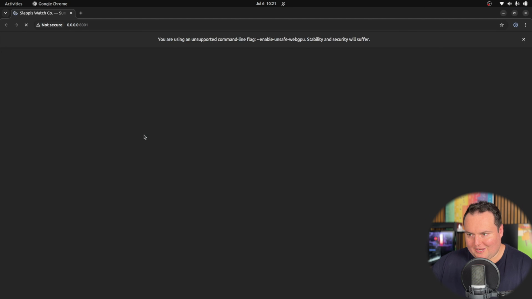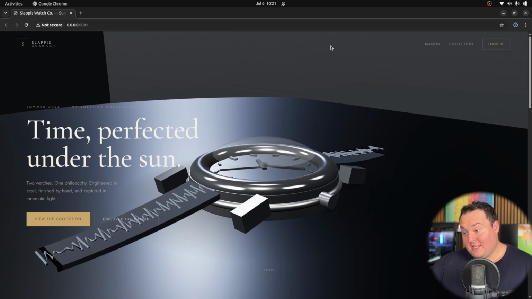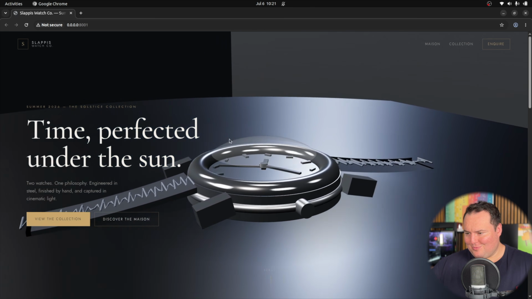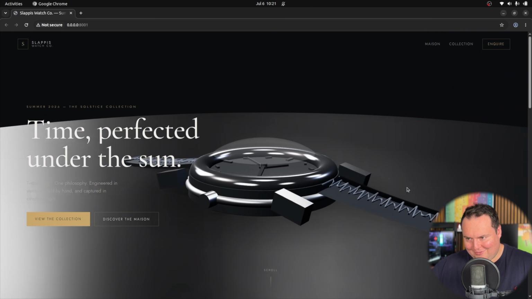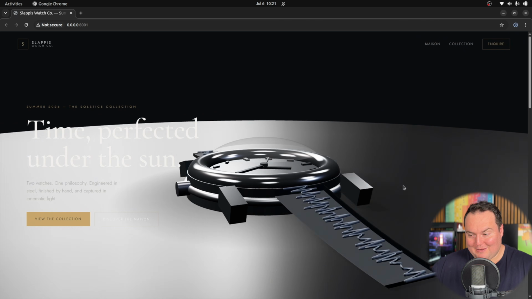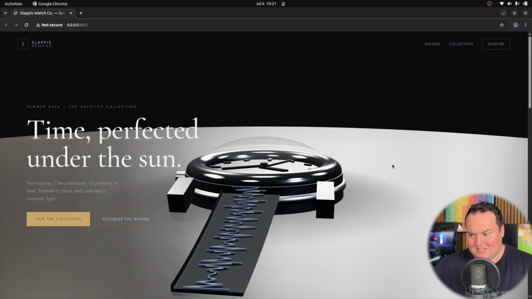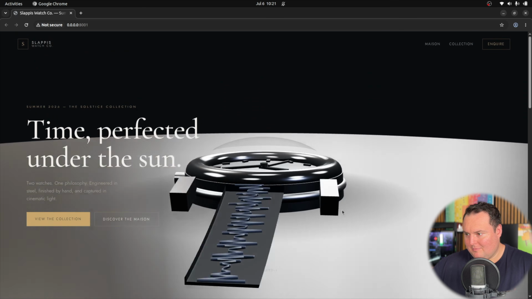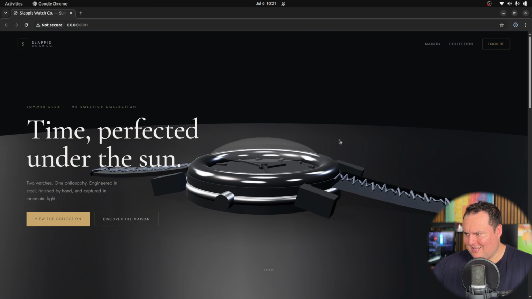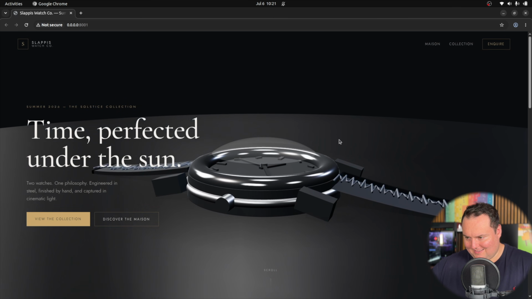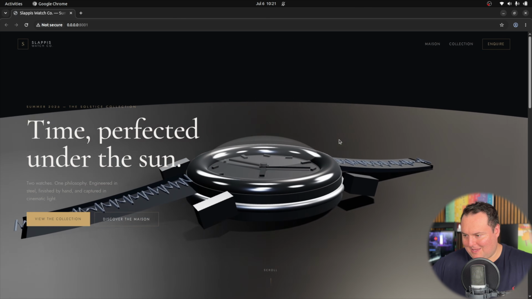All right, let's take a look at our watch front-end website. That's really not bad. Okay, there's some weirdness to the strap, but for the size of this model, this is actually a respectable result because I've seen some rather jank ones before. Okay, we can move this around, scrolling. Now, interestingly, it seems that the orbiting, like the height of the camera, is not able to be controlled by